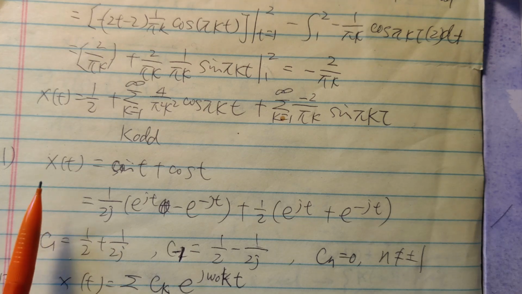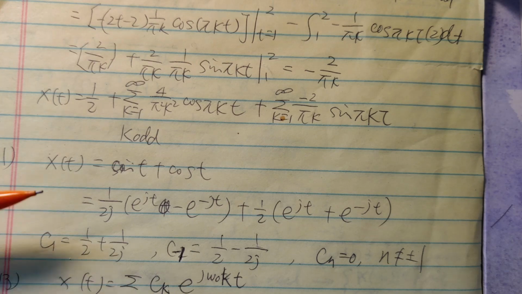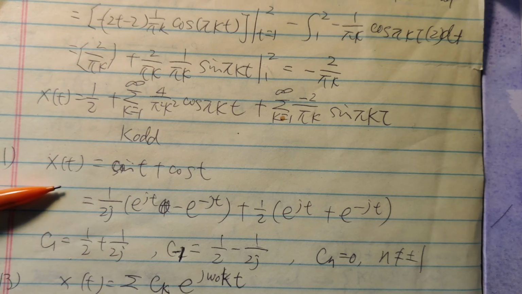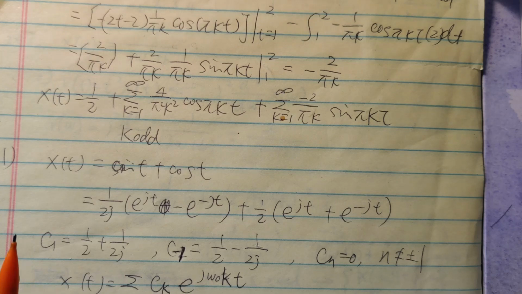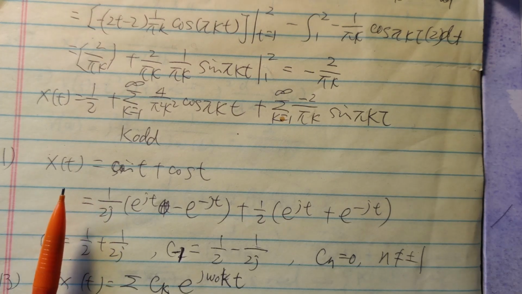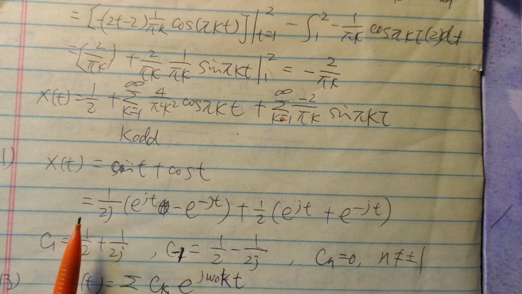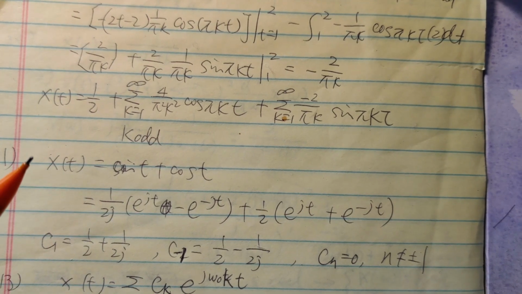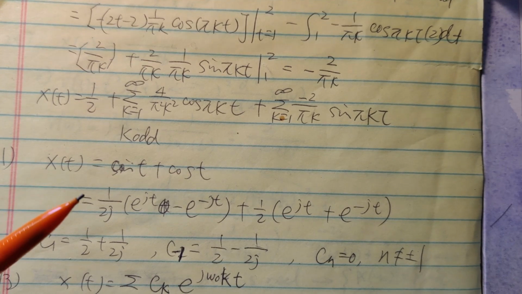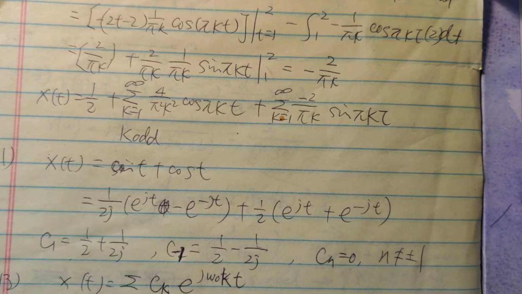Okay, problem number 2 in your homework. I just use this one as an example to give you some hints. The real problem is similar, but not the same. So if x(t) is sine t plus cosine t, try to find the Fourier series. This time we don't use the previous integral method, we use the inspection method. So by using Euler's equation,